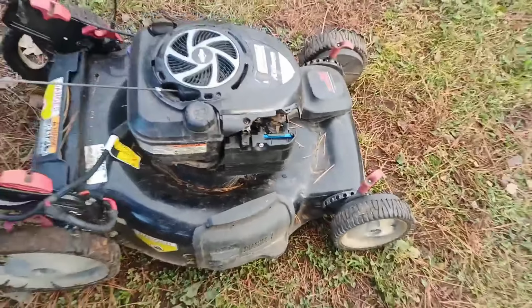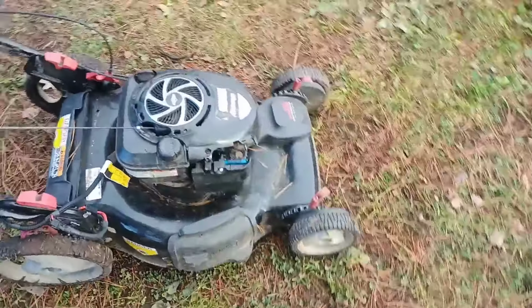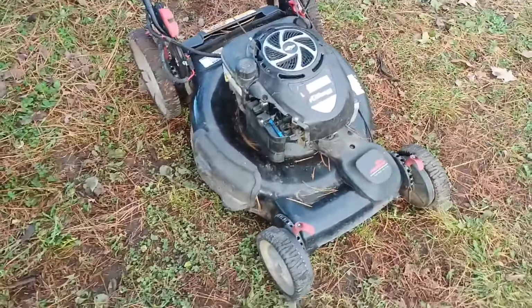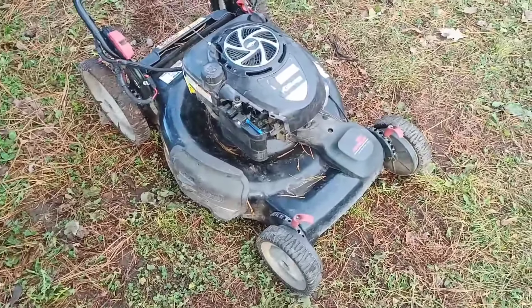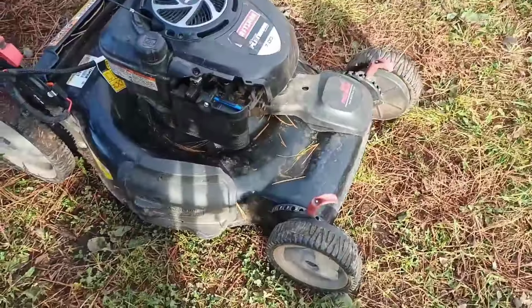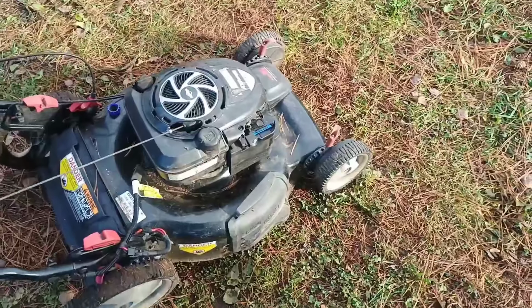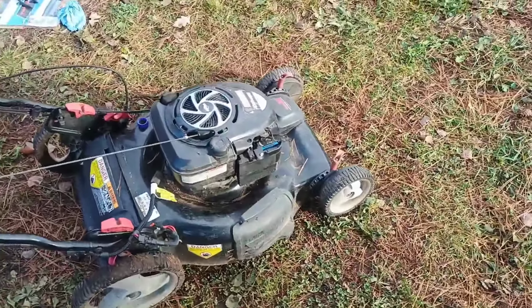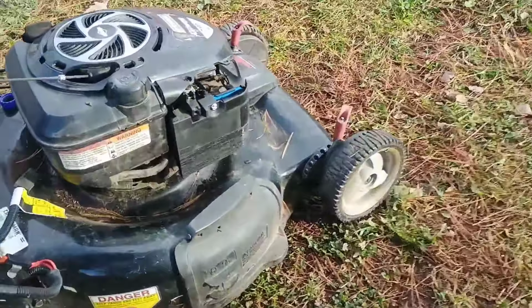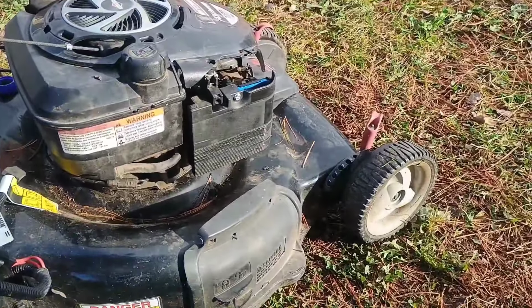Now, how do you prevent this from happening in the future? Well, your air filter is a regular part of maintenance and servicing, and so you should expect to have to replace it every season. Maybe you can go more than that if it's clean, if you don't use it much, if it's just occasional use. But as you saw, this air filter was very clogged up with